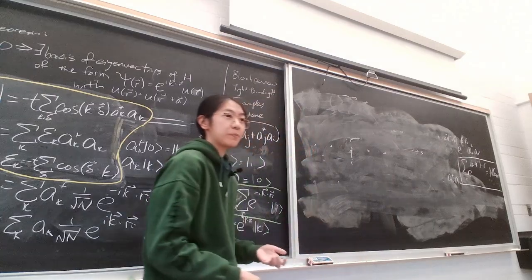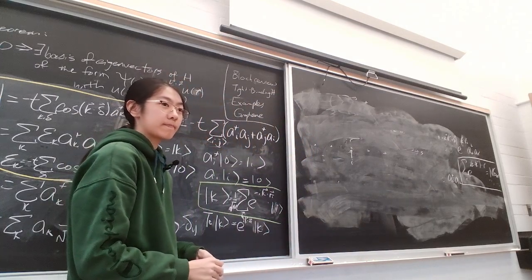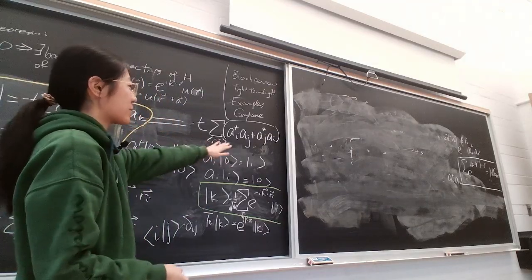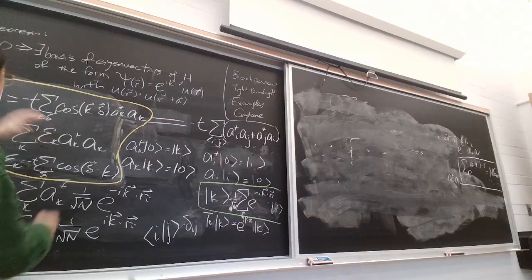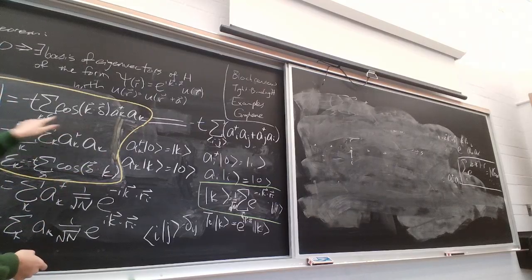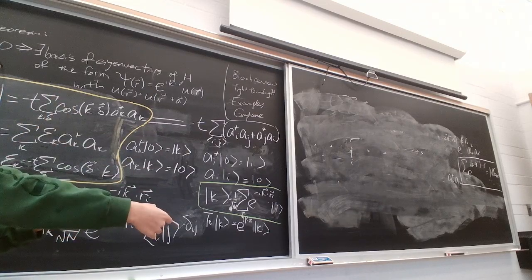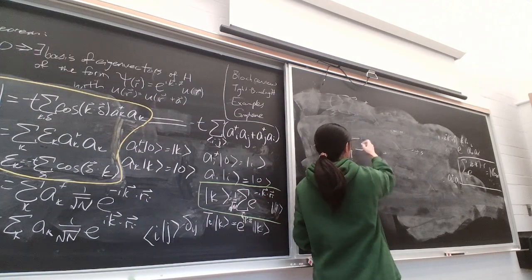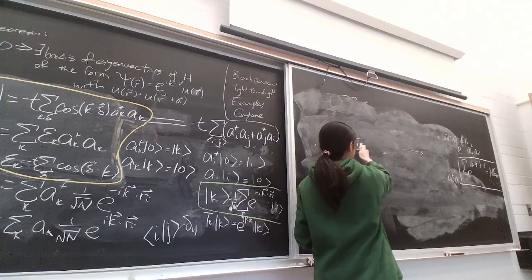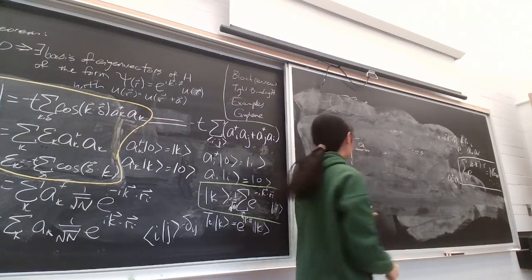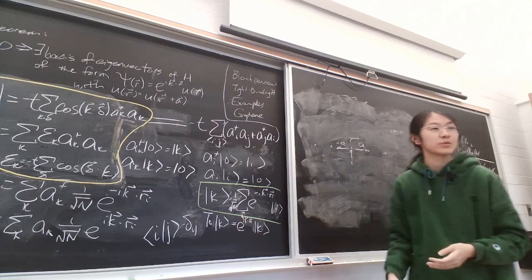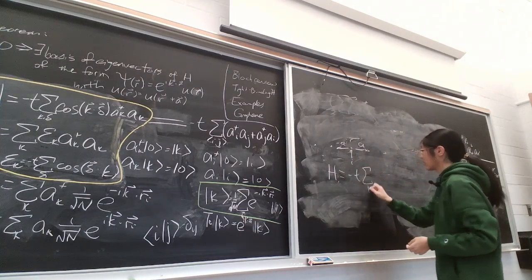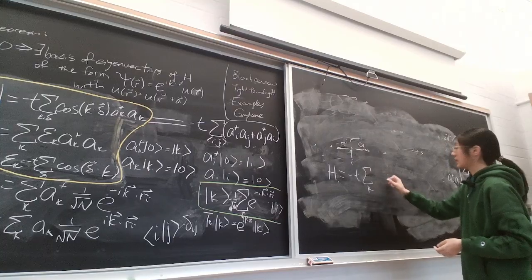Right, but we found an easier way. You find the neighboring vectors delta, because we're forgetting about this whole nearest neighbor thing, because in this Hamiltonian, everything is identified with the momentum and the vector from a site to its nearest neighbor. So in this case, if we say the lattice spacing is A, then the nearest neighbor vectors are just A and negative A. Right, and we just plug this into that Hamiltonian, and then we get that the H for this would be negative T, and you sum over K. And this would be